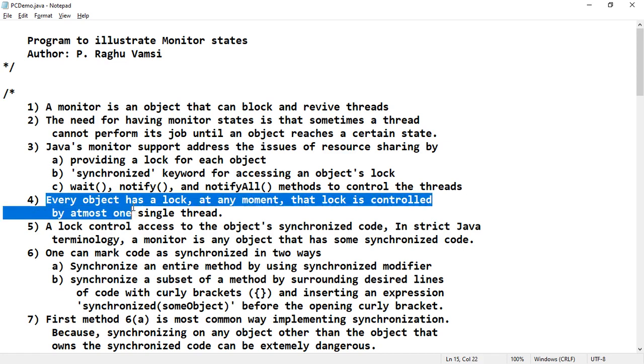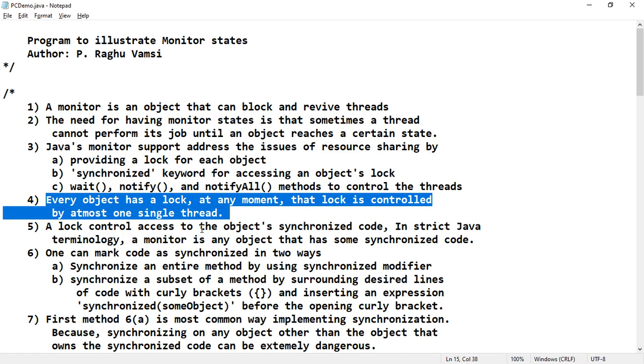Next, every object has a lock at any moment. That lock is controlled by at most one single thread. So if there is a shared object and a thread wants to acquire that particular object, then that shared object must be locked.